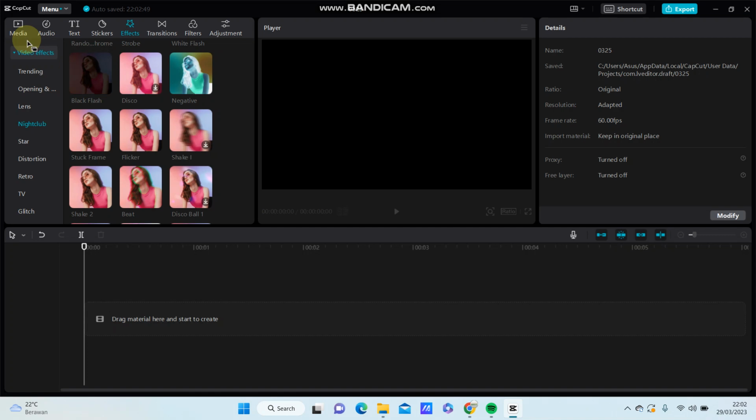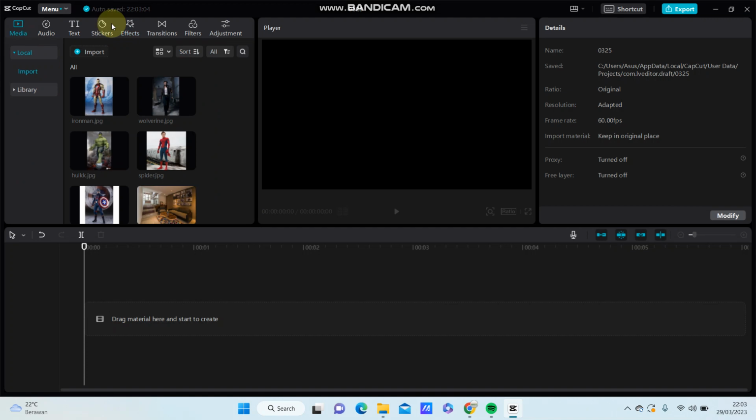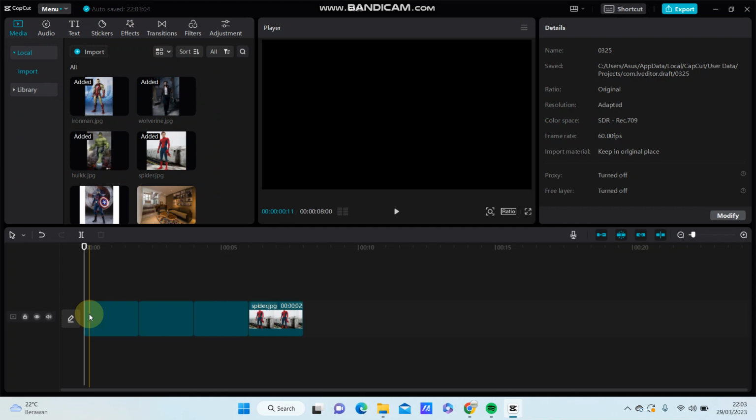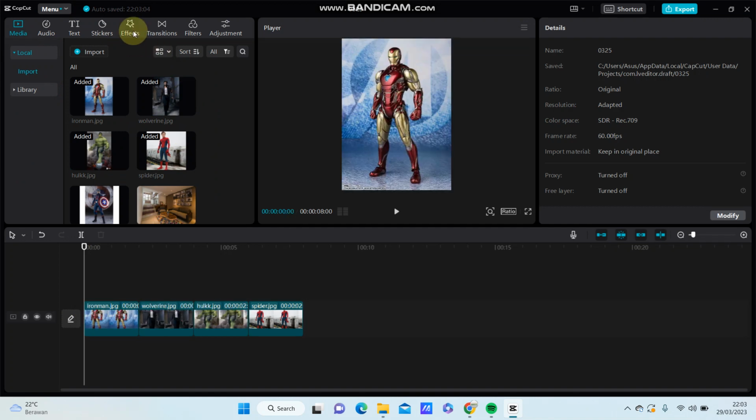Hi guys, in this video I'm going to show you how you can add the explosion video effect as a transition in CapCut for PC. So for example, I am going to add the images to the track and I'm just going to add a